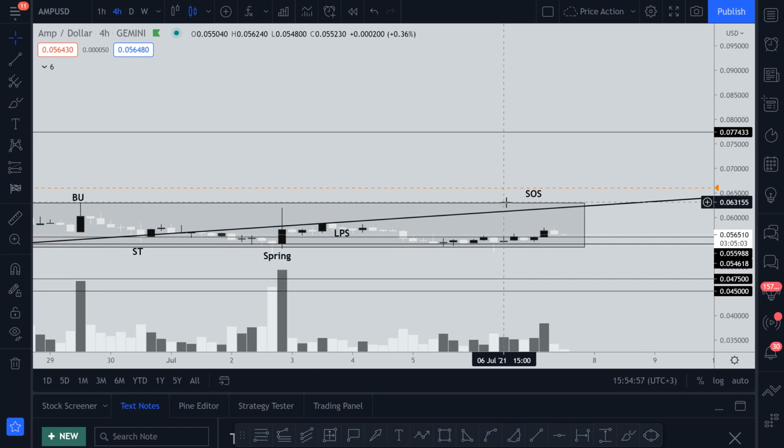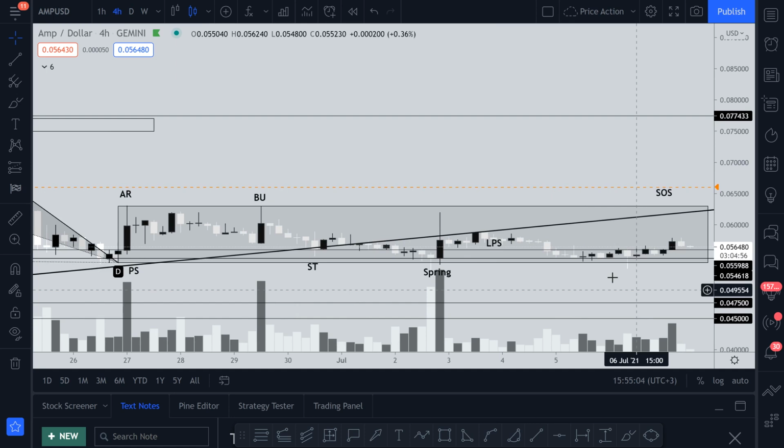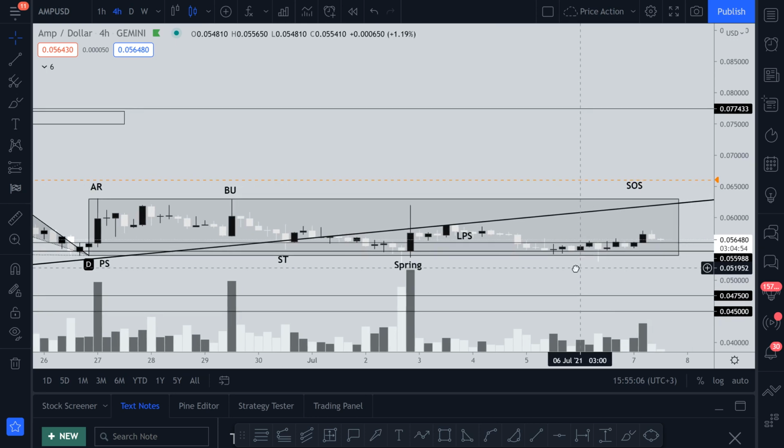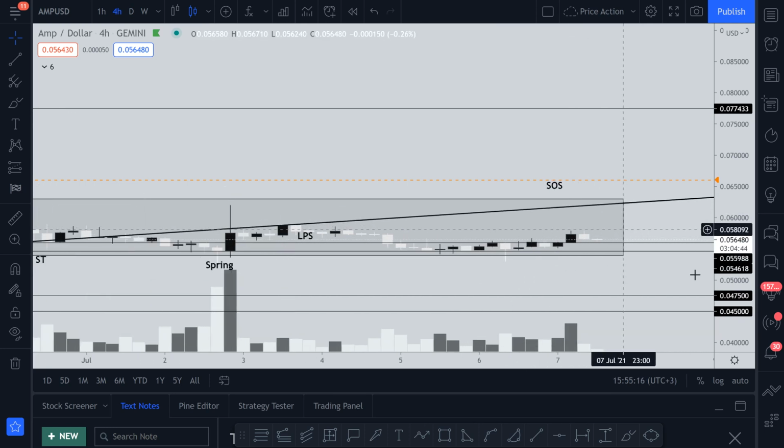That's what we had going on the daily. Taking a look at the 4 hour chart, we can still see that we are moving sideways. Our market structure of accumulation has pretty much been respecting this zone for quite some time, right? We can see that,